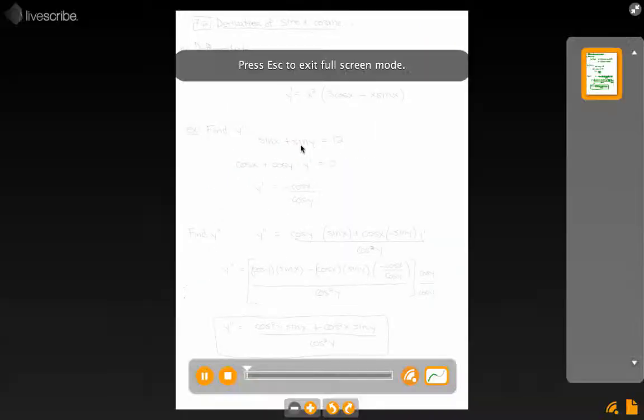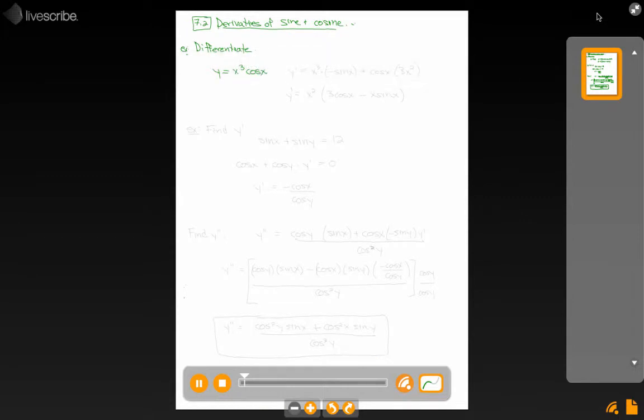This comes out of section 7.2, derivatives of sine and cosine functions. So in this case, we're just asked to differentiate, and we're given y equals x cubed times cos x. So hopefully you'll see that as a product rule question. We're going to say the first function times the derivative of the second plus the second function times the derivative